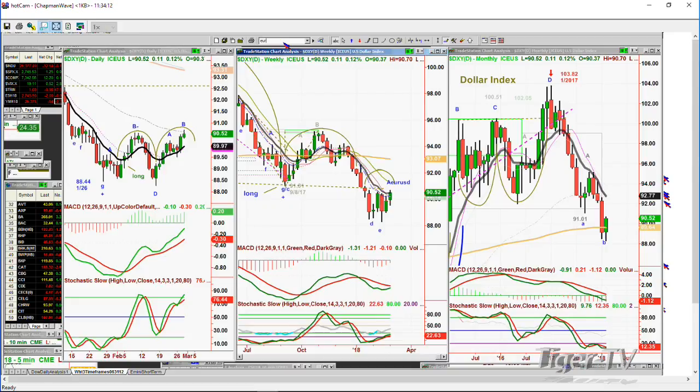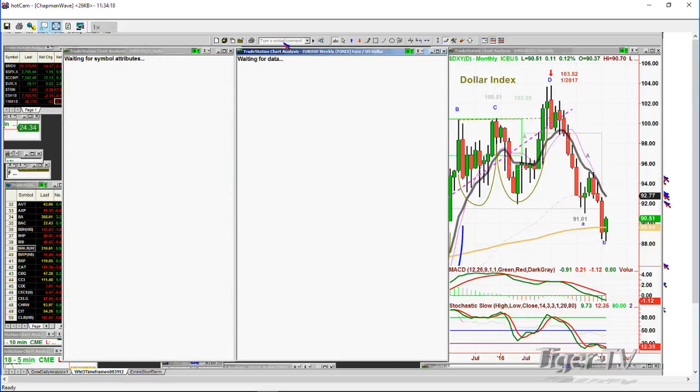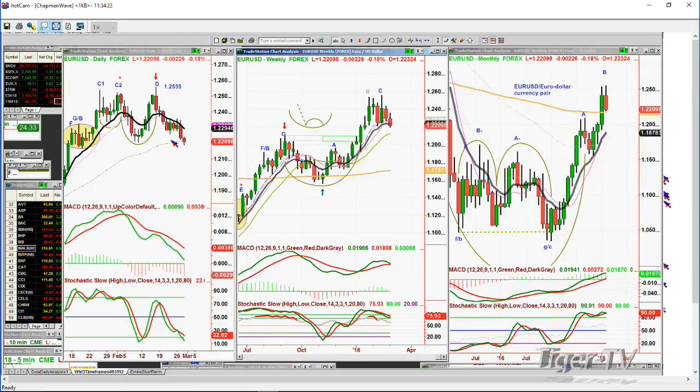Here we go, where did I type it? On the euro, EUR-USD, currency pair, and that euro, which right now is trading at 1.22, is down a little bit, not bad, but it's down below the 50-period moving average and a little bit below the 9-period moving average in the weekly chart. This is going to be very impactful because if the euro goes into the 1.20 or 1.19s as the dollar is rallying, you've got a disruption here together with rates, together with the home builders, together with certain sectors that are both interest rate sensitive and overall. Remember I spoke about the copper, I spoke about the wood, WOOD, together with macro